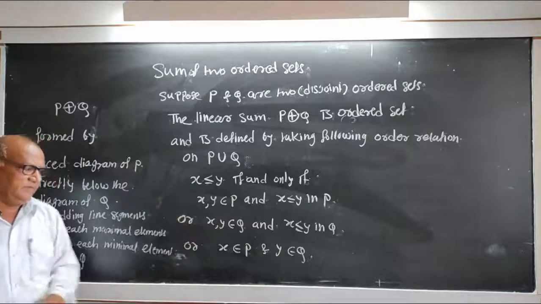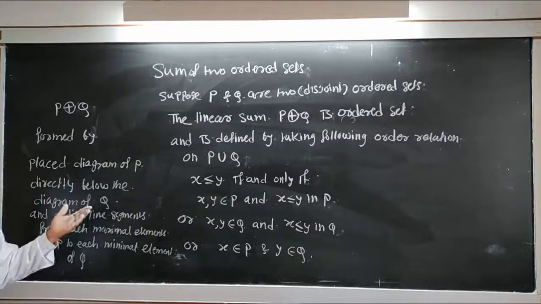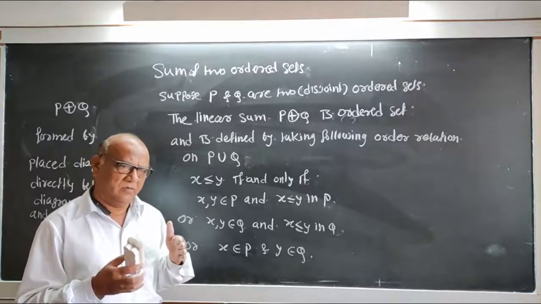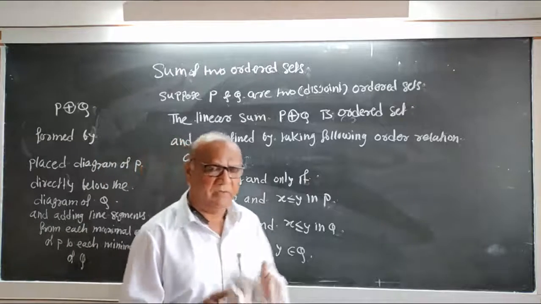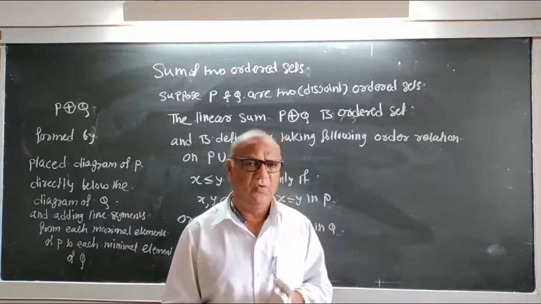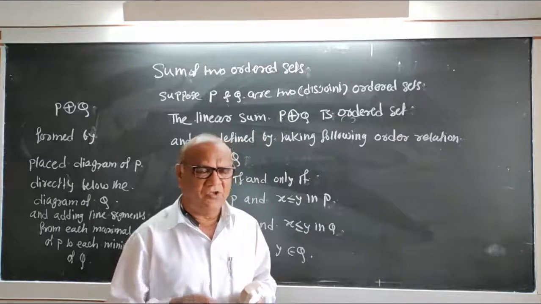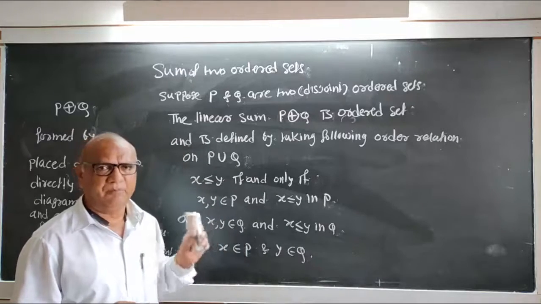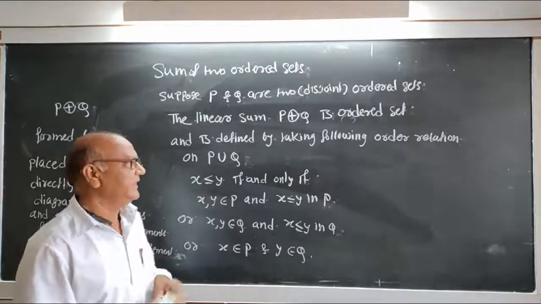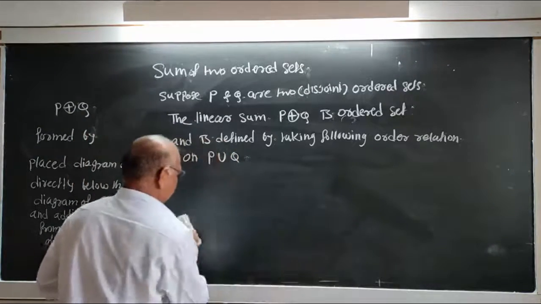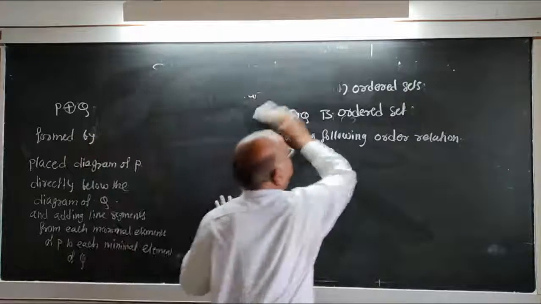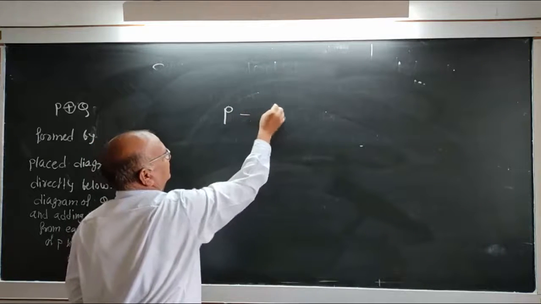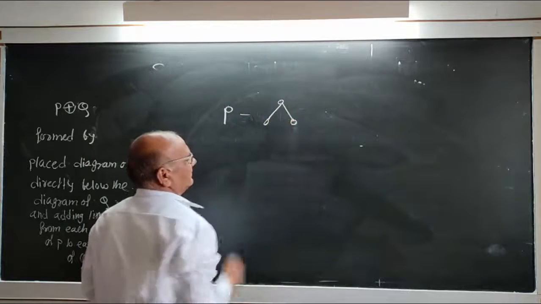Diagram for P additional circle Q. That means draw the diagram of P below the diagram of Q and join each maximal element of P to each minimal element of Q. Like this here, P is this, okay,